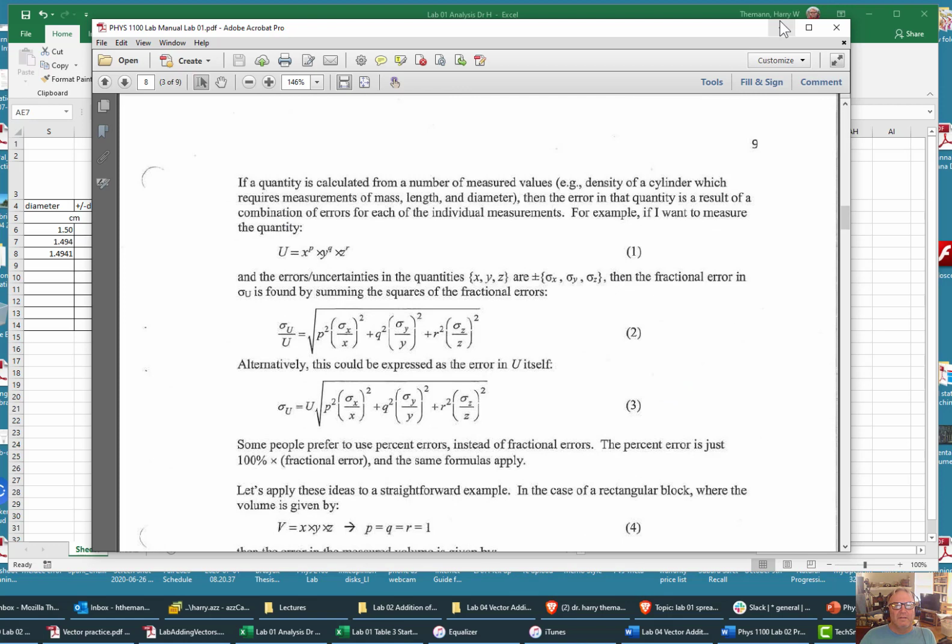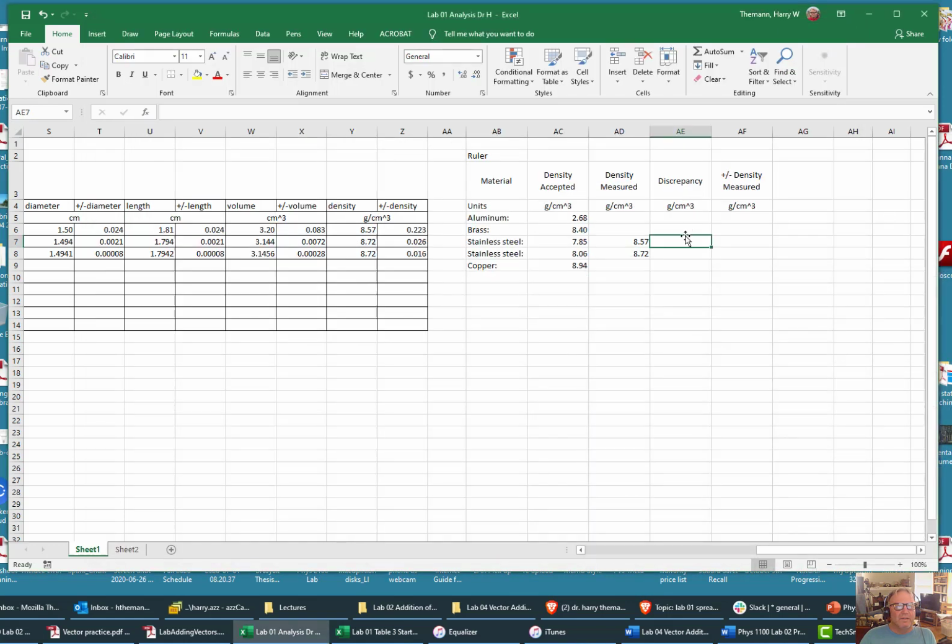Yep, okay. So the discrepancy is just the difference between measured and accepted, and we'll use the absolute value, ABS, of this minus that, and enter, and let's see, we'll fill, and then we need to put the plus minus measured value here, equals that. Yep, that's the ruler,